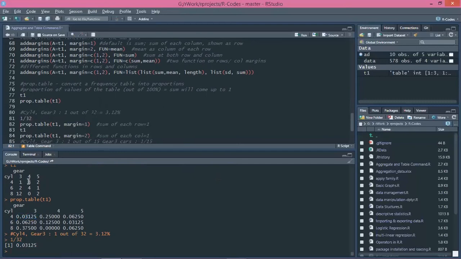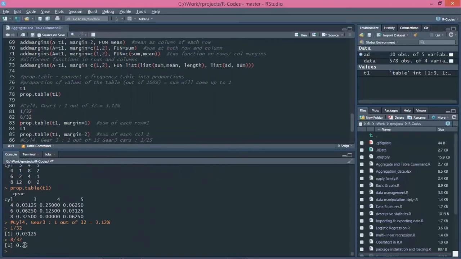The next value was 8. So 8 divided by 32. Let's see what the result is. You can see it is 0.25, which is the second value of the table. Similarly, the whole table is calculated, and the fact about this output is that when you total the whole table, it should come out to be 1, which means 100%, because 1 is being divided into different proportions based upon the values for each element or position.